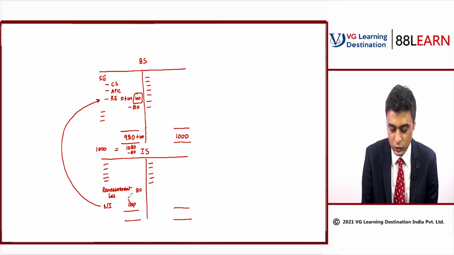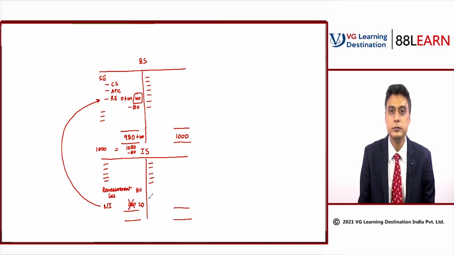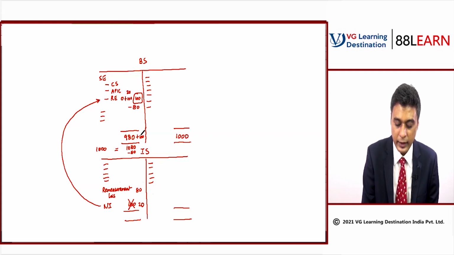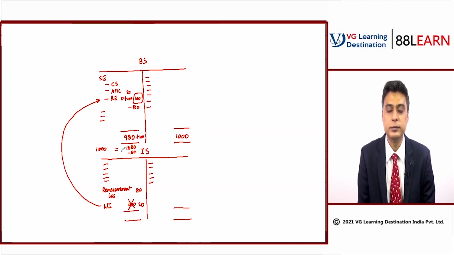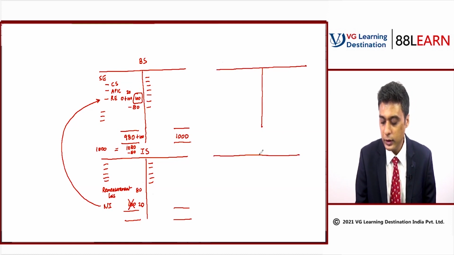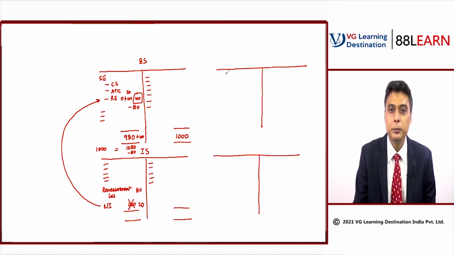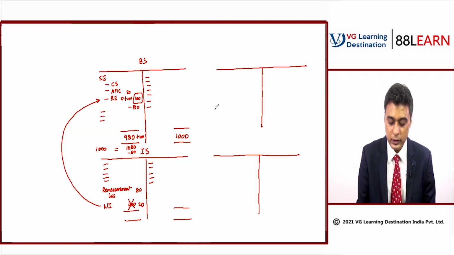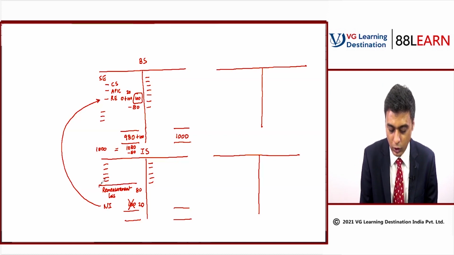Remeasurement loss of 80, so that net income now becomes 20. When net income becomes 20, you just add $20 to 980 and it becomes 1000, right? So that means, one more time, you started with the balance sheet, then you went to the income statement, and then after plugging the net income number into the balance sheet, you saw whether your balance sheet is tallying or not. And if it is not tallying, then you'll have to do an adjustment to tally the balance sheet, right? And that adjustment is going to be in the form of a remeasurement loss or a remeasurement gain.